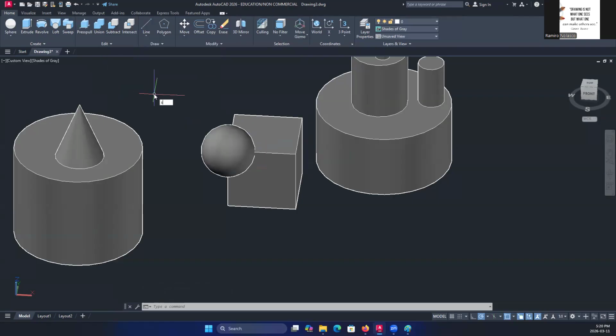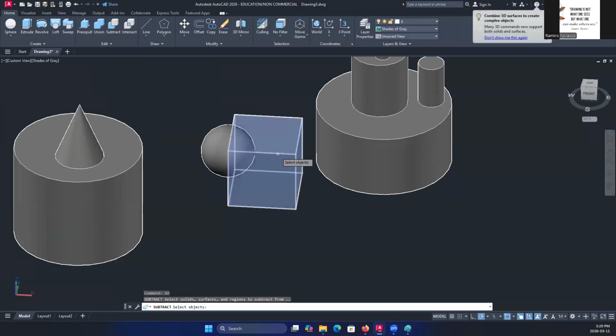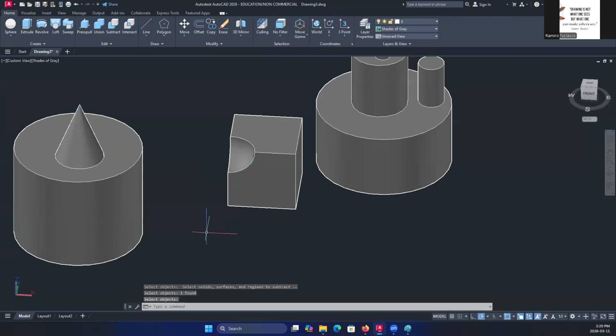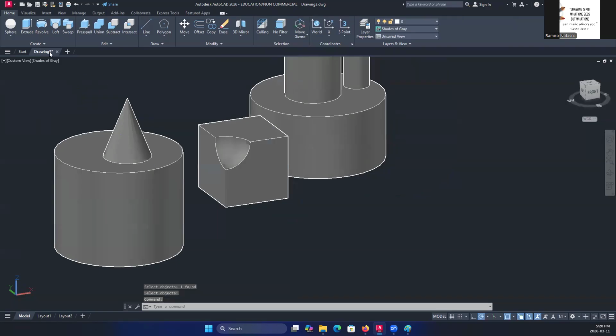I can type SU. I like shortcut keys. Subtract: you want to select first the object you want to maintain, retain, and then enter. Now you select the object you want to subtract. Enter. Okay? So there are a lot of things you can do.